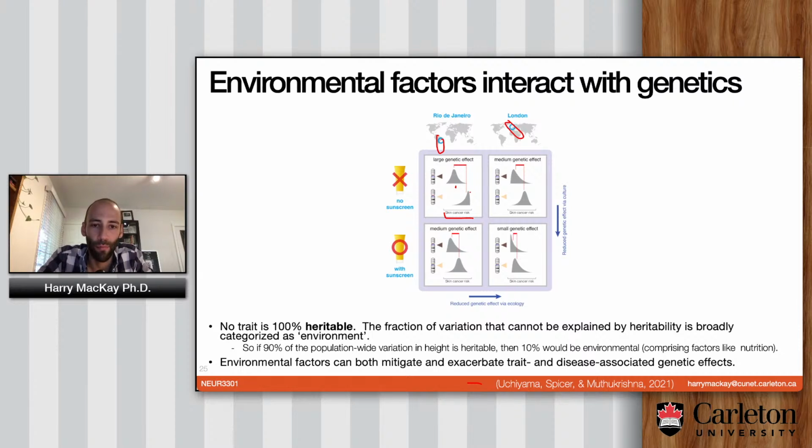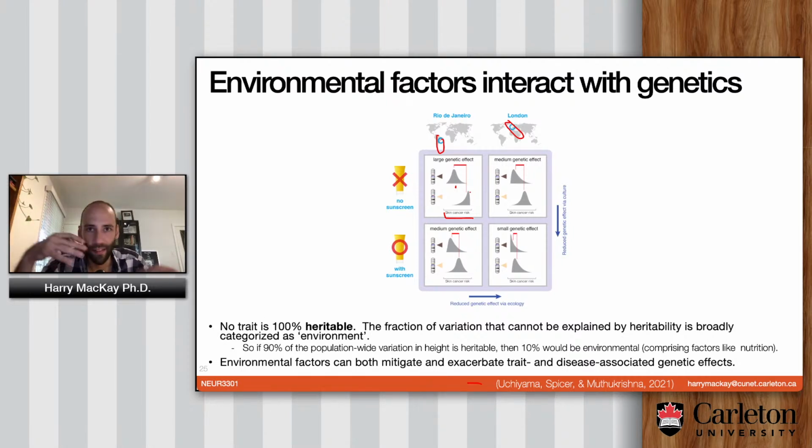It doesn't matter how many alleles you have, you'll see the sun maybe 4 days out of the year. So even if you have the world's worst genotype for skin cancer, the odds of getting skin cancer if you live in London are lower than if you live in Rio. And if you add sunscreen to the mix, which you can choose to use or not, it'll affect that even more. So if you have the world's worst genotype for skin cancer, but you live in London and you wear sunscreen every day, you're going to be very well protected, and the effect of that genotype will seem way less than if you have that genotype and you live in Rio and don't believe in sunscreen.